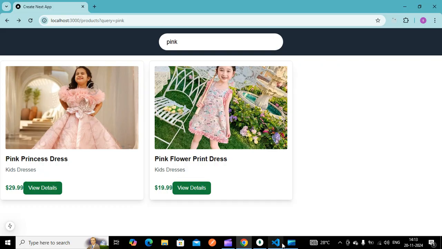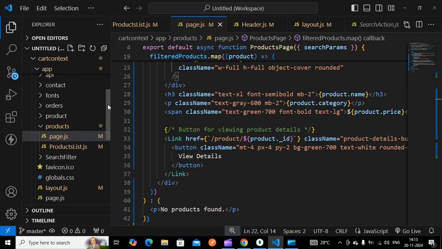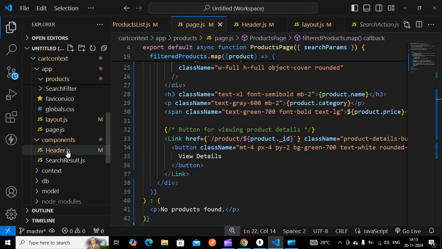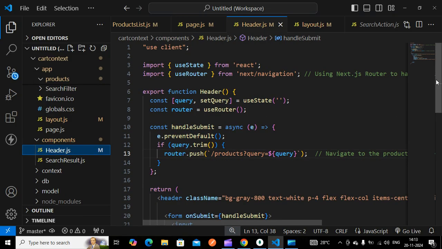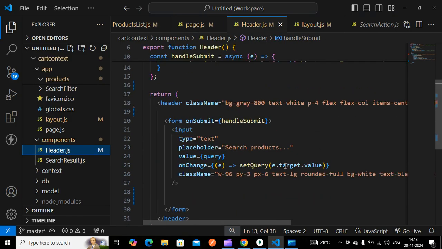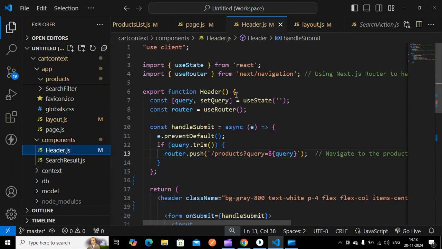So first, what we have to do is, in the component header.js, we have to create one input field. We set the query, whatever I have typed, stored in the query using useState. And if I click that particular input box and submit, it will push to the products page with the query equal to whatever I have typed.